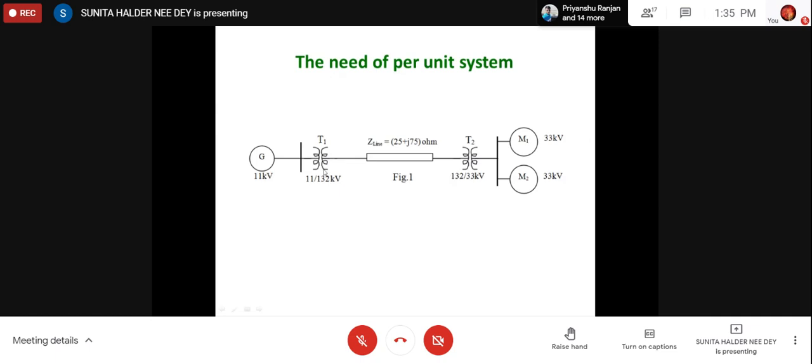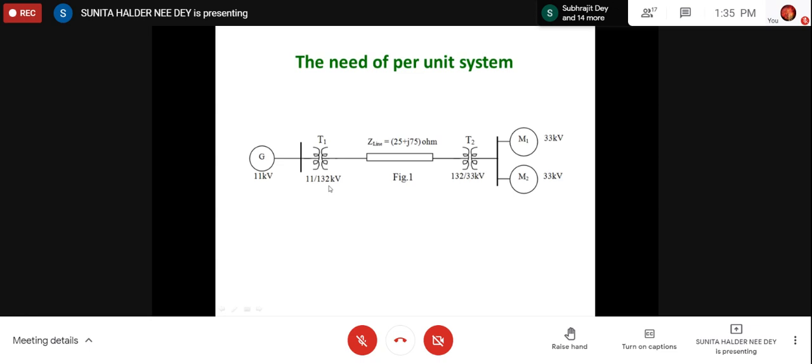It may happen that all the transformers are not of the same rating. So this transformer is of rating 11 by 132 kV, but this side the rating is 131.6 kV. Then you have to take 132 kV as the base kV. You can take 131.6 as the base kV also, there is no problem. But if you take 131.6 as the base kV, then 132 kV will come out more than 1. Then you cannot assess whether this more than 1 has come due to the per unit system or due to system performance.